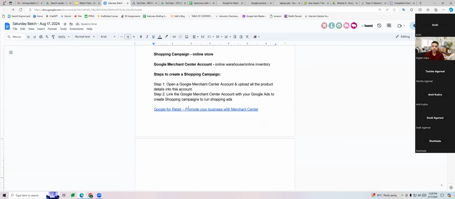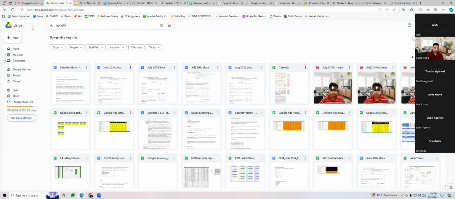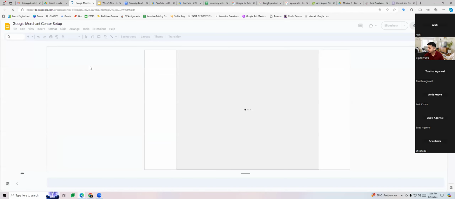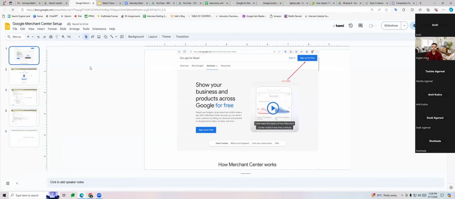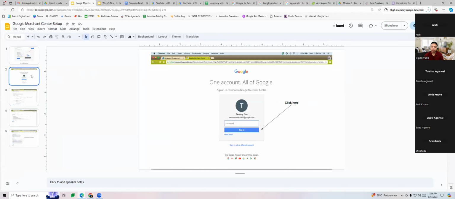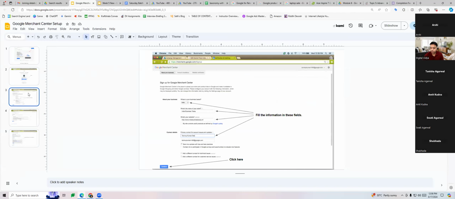All right. Let me show you the sign up process, how you're going to sign up and open an account with this website. So this is the website, guys, where you come and you're going to sign up for free. You click on sign up for free, and then it is going to ask you to provide your email ID and password. So you give that.